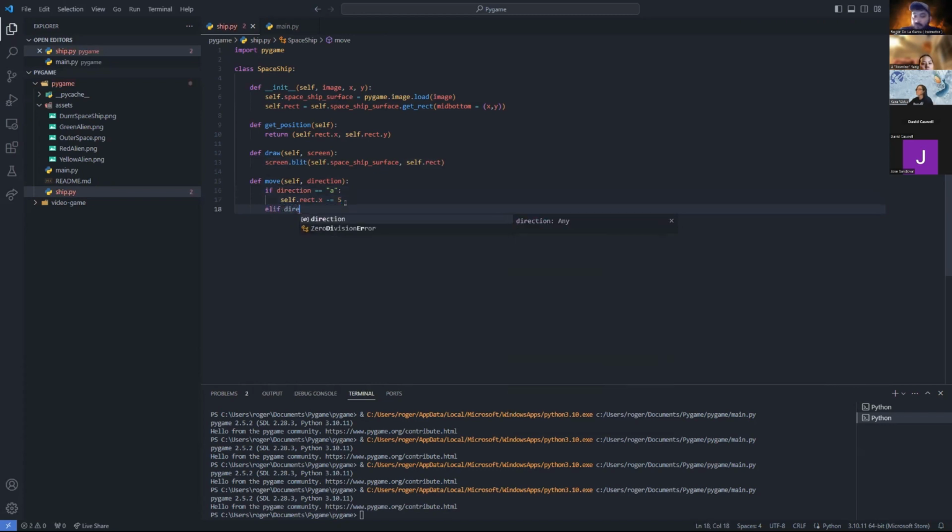If our direction is equal to D, that's going to be our right key. Then I want to increase my x-axis with plus equals 5. All right, so else if my direction is equal to W, I want to increase